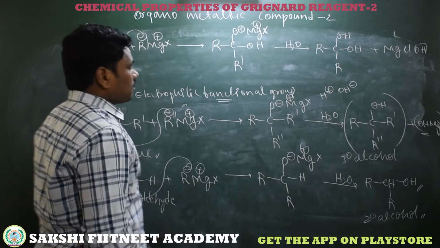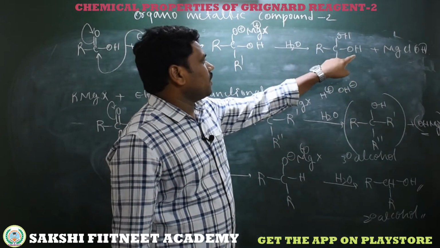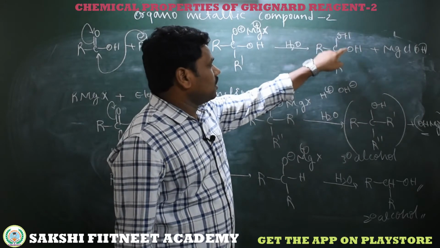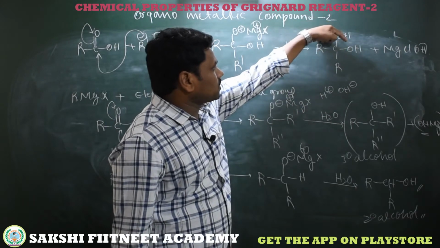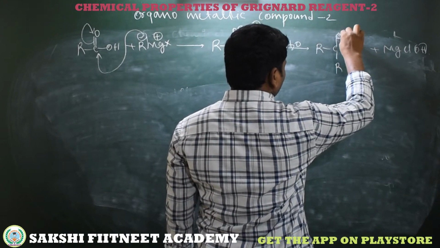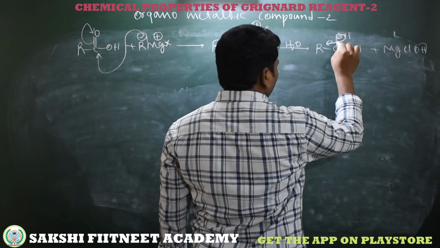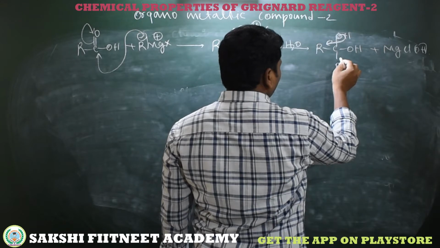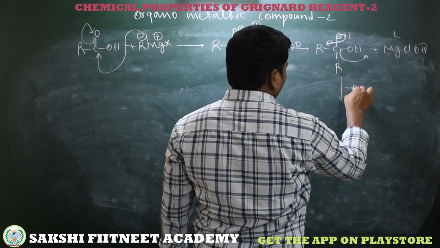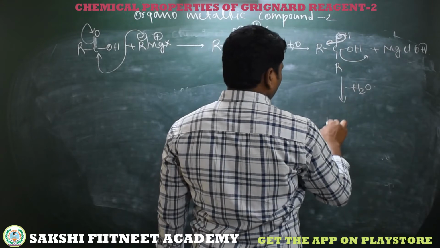That means if here OH is there and here we have another OH, H plus OH minus. For example, if here we have a Cl, that is a leaving group, H plus Cl minus. I'll explain how this H plus OH minus is going to eliminate. See here, the oxygen to hydrogen bond is cleaved heterolytically, and the bond electrons shift towards the oxygen to carbon bond as a pi bond, and here OH minus gets cleaved. So H plus, minus OH, that is H2O, minus H2O, then we got RC double bond O R.